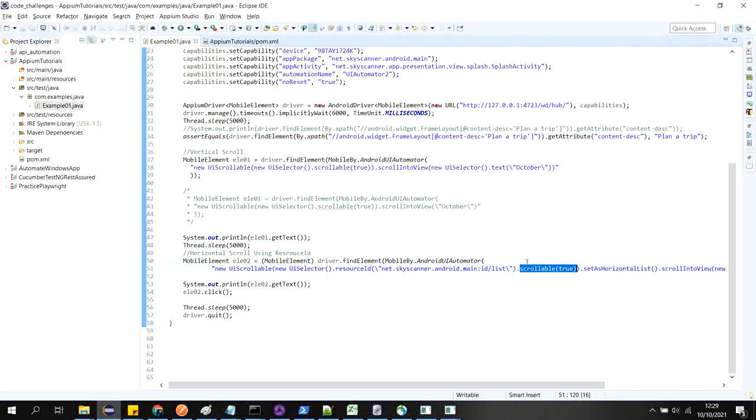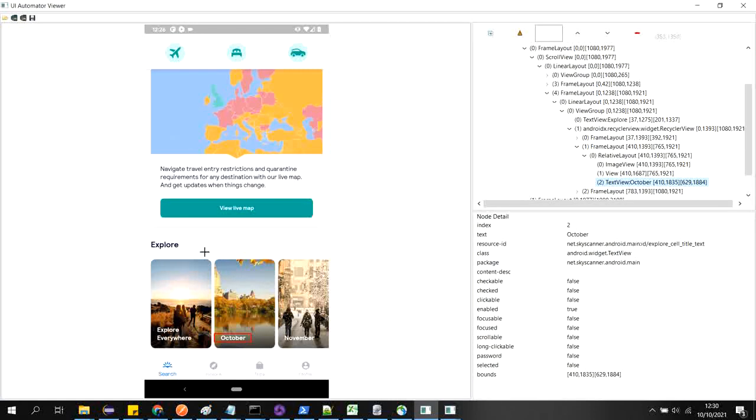Sometimes what I have seen is that for a view, it is a scroll view, but the scrolling is not enabled. If we try to scroll on this view, it will not work. We have already taken the dump. If we check inside that view, this is the view. In this view, the red border you can see, we can perform the scroll. You can see that scrollable is true, and the resource ID is this one.